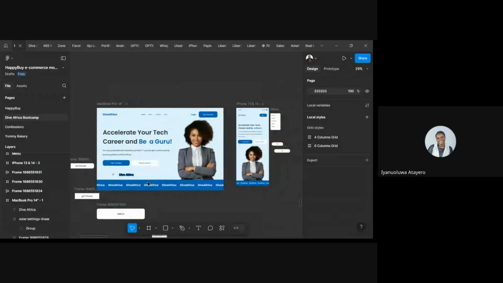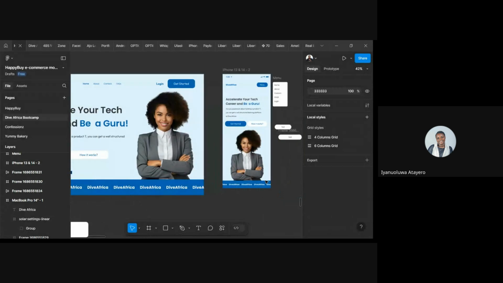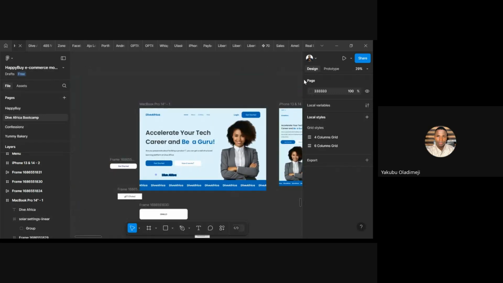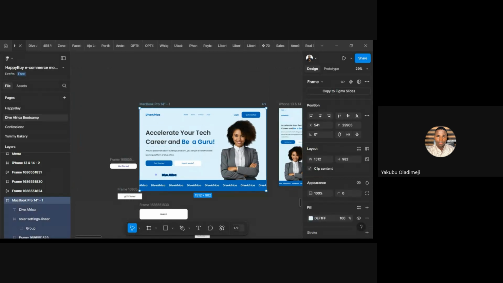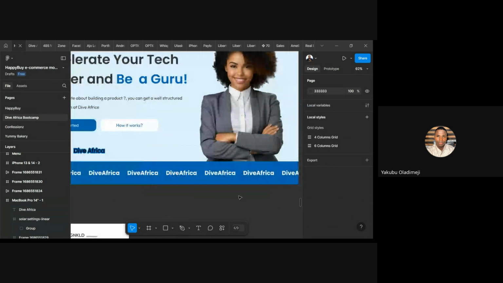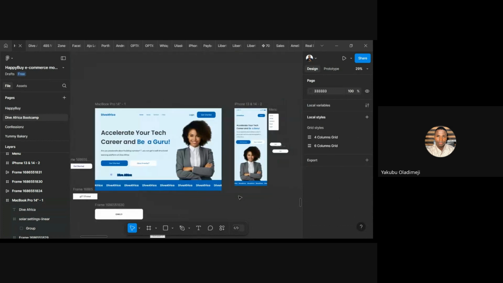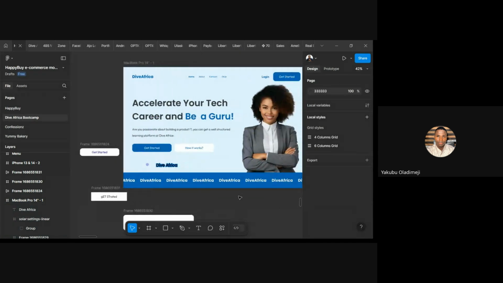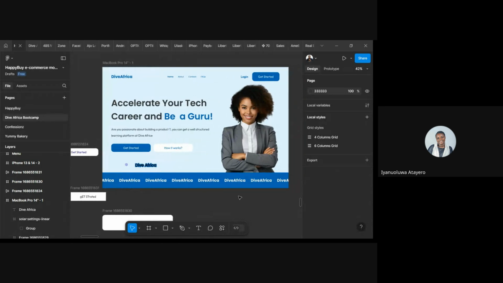I understand it now, but I've done the mobile view for the hero section too. If you are doing a mobile view, definitely you are building a web app. Oh, I think that's where I got it from. Definitely you are designing a website, not a mobile application. Okay, so